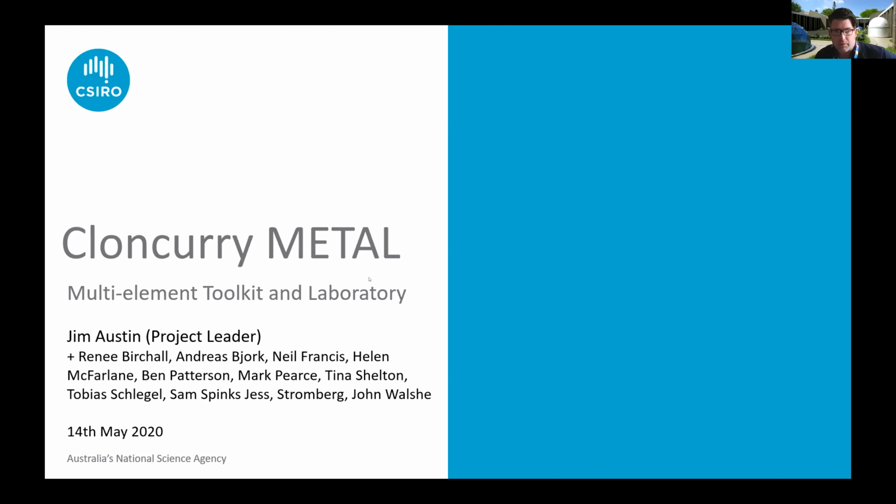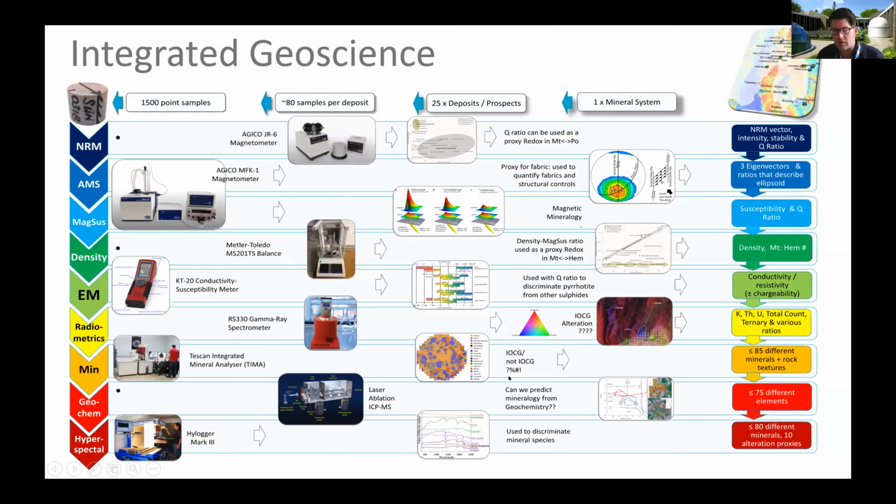So the idea of this project is basically integrated geoscience. Rather than trying to integrate data after the fact, we're trying to collect our data in an integrated way. So we're looking at the entire mineral system, but mainly focusing on about 25 deposits. We collect something like 50 to 80, maybe up to even 250 samples per deposit, depending on how important we think it is. And then we end up with a whole bunch of point samples, which are these little